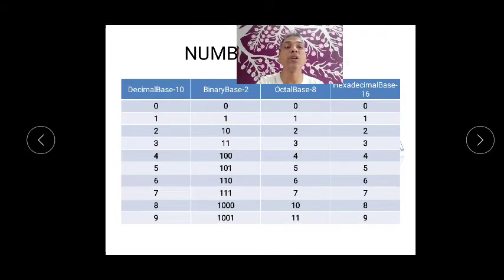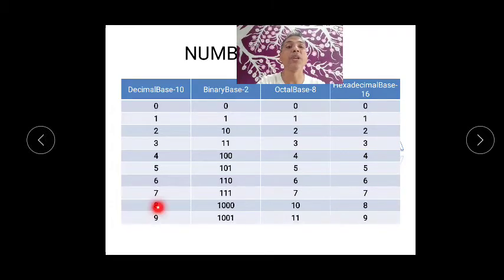Now everything is changing almost in binary, because binary is having only two numbers, that is zeros and ones. So you can see that 3 has been changed to 1 1, 4 is 1 0 0, 5 is 1 0 1. I think I already taught you the method how to change decimal to binary. You have to just divide it by 2 and these are your remainders. When you go to 7, this will be 1 1 1. So octal is also 1 to 7, and hexadecimal will change after 9.